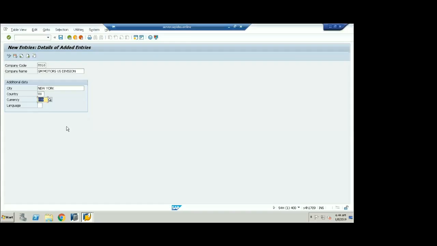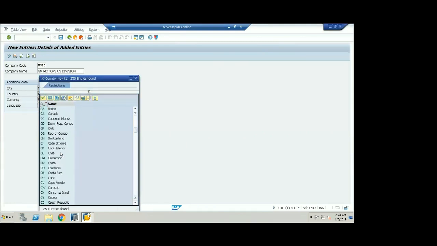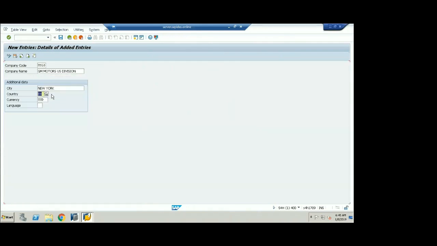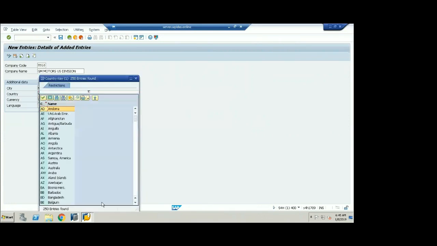Here I'm taking a country called US, but if I take Cambodia, for example, let me see whether Cambodia is available or not. The country is not available, but I can also create the country here. If I take the company Cambodia, I'm assigning the country called KM. I think it will be available in the KA. I think the country is not available. Let me check. Yes, Cambodia. The country is called KH. KH is nothing but Cambodia.